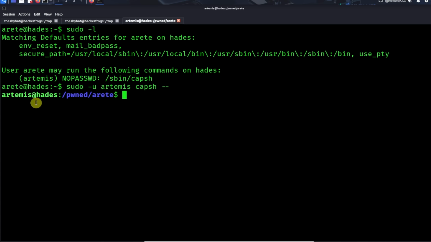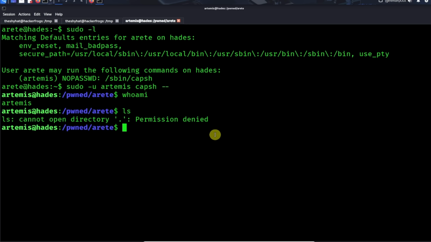This gives us a shell as the Artemis user. Ask who am I? We're now Artemis. Is there a password? Oh, we can't see one. Okay, so from here, what we need to do is find out where Artemis's